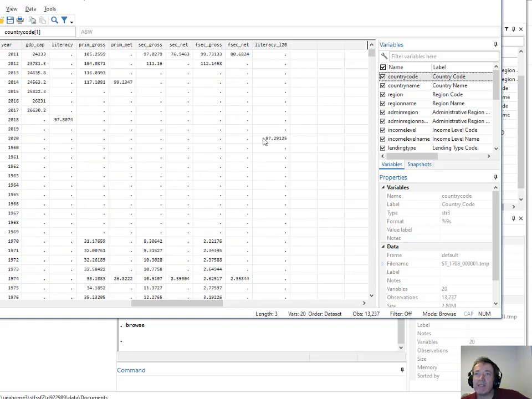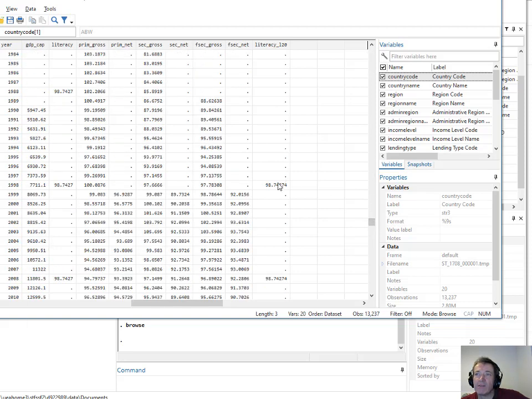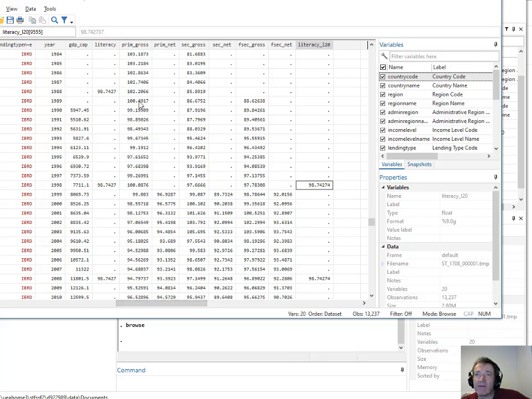So come down to your final value. So this is, let's find some a bit further into the data like this somewhere. Let's take part of luck. So 98.74% of this country's got literacy lags 20. And if you look at it, that's the same as the value here. So the value in 1998 corresponds to the value back in, that shouldn't be, that shows how bad the data quality is, in 2008, the value is 98.7424, and that's the same value as it was 20 years ago.